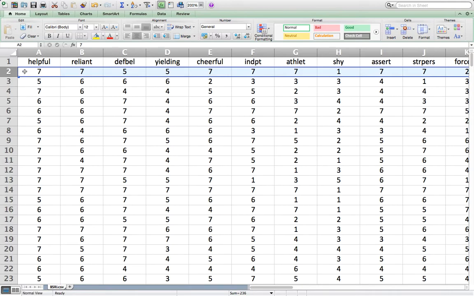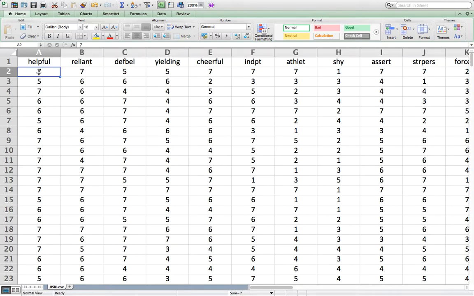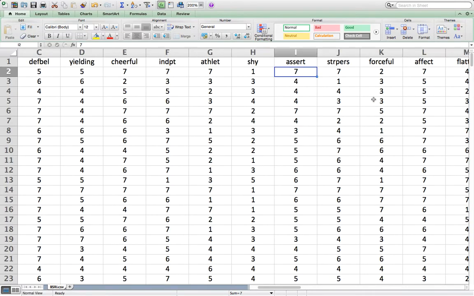So question number 1: she feels that she is very helpful. She feels she's very reliant. Deaf Bell, I don't know what that means. She's at 5 on a 7 scale for unyielding. She's extremely cheerful. She's independent. She's athletic. She is not at all shy. Over here we get assertiveness.